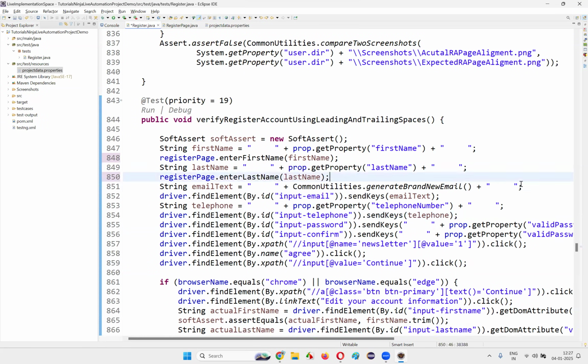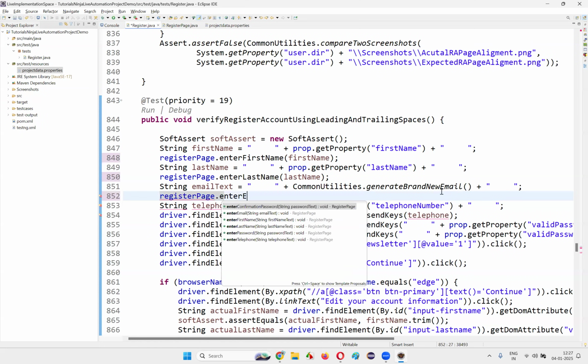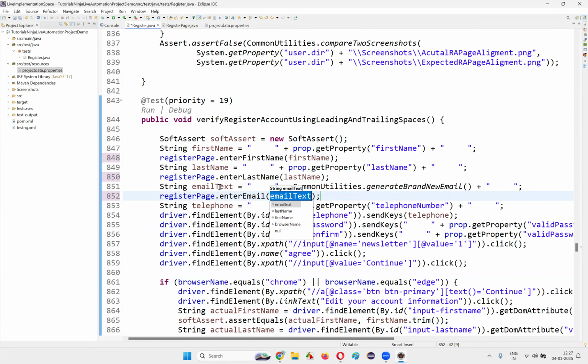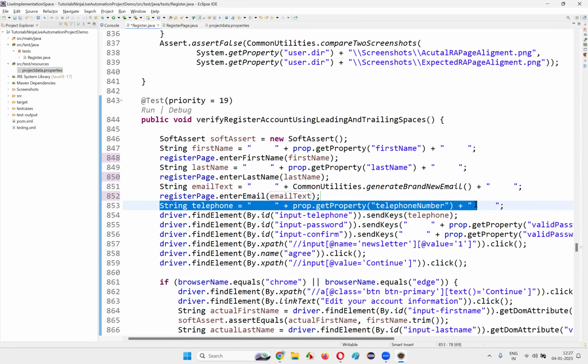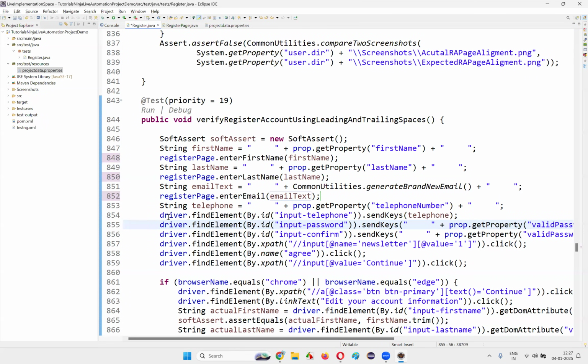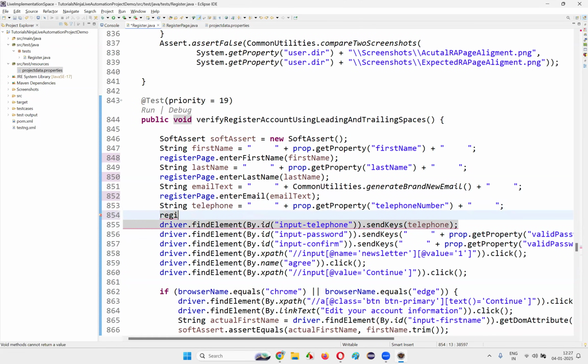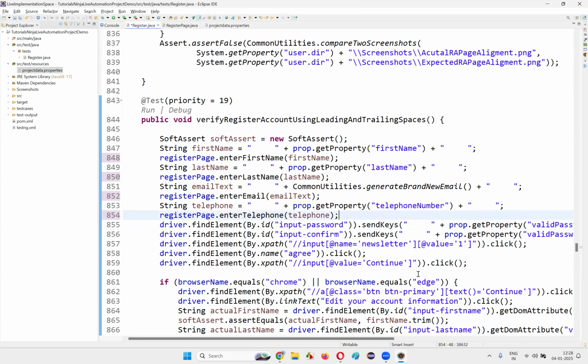Remove this line. Then restartPage.enterEmail, and here write email text. Done. Okay, then restartPage.enterTelephone, and here write down telephone. I think this is done. The next one,